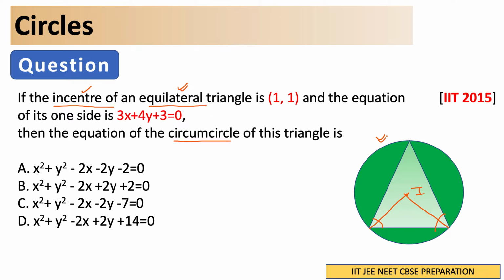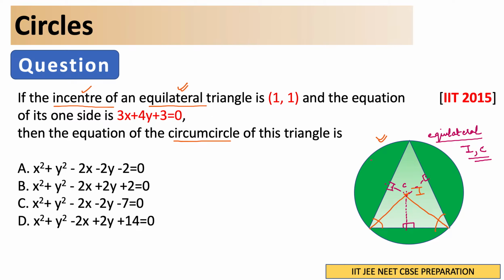The circumcircle is what is drawn outside, right? For the circumcircle, you need to draw the perpendicular bisectors. Let me first draw the perpendicular bisectors also. It will be something like this. So this is one perpendicular bisector and this is the second one. These are three perpendicular bisectors, and the point where they intersect is your circumcenter. Since this is an equilateral triangle, what is the difference in this case? In an equilateral triangle, the incenter and the circumcenter both are going to be the same.